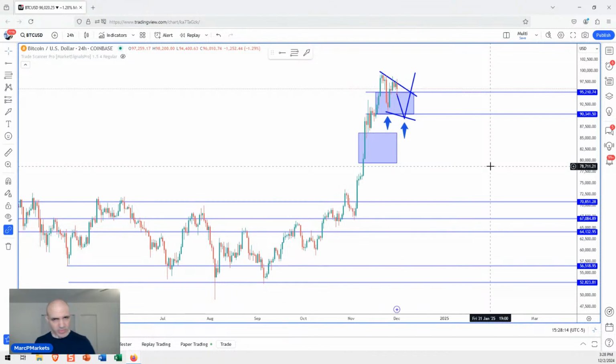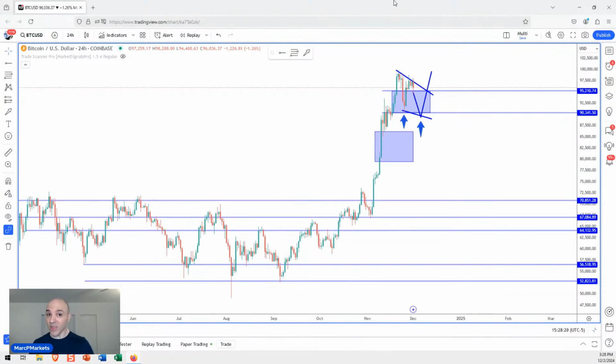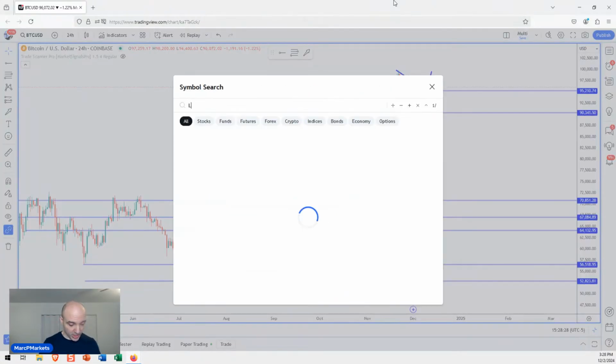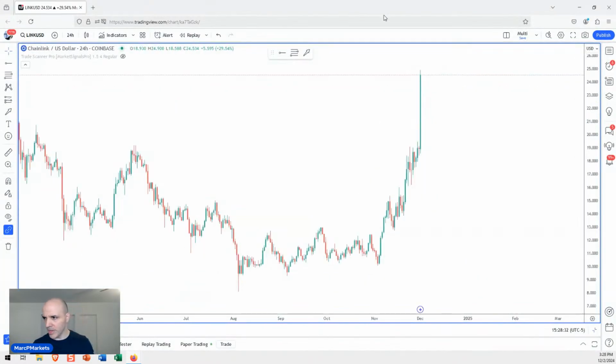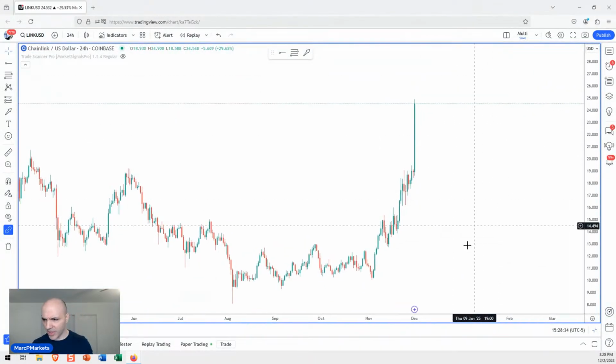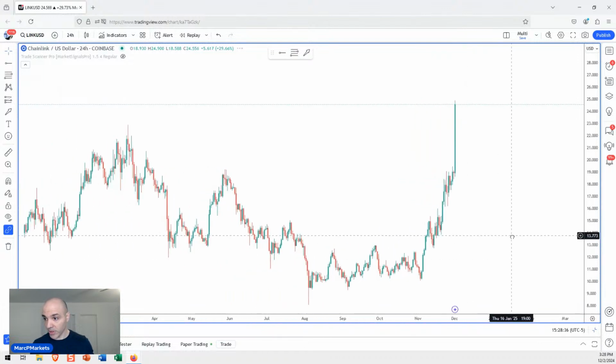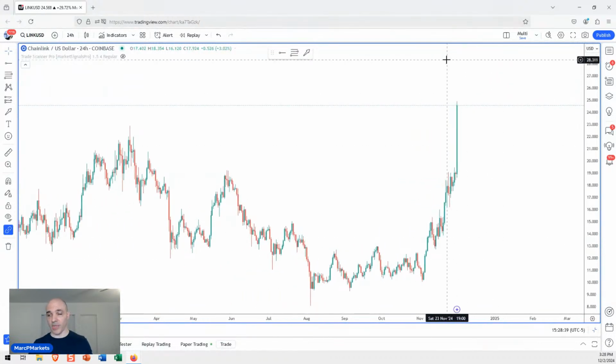Now, right now, I've seen a lot of talk about altcoin season and the money's pouring into altcoins. I was looking at some of these altcoins. They look ridiculous. Let me pull up a couple here. They all pretty much look the same. Let's pull up something like Link. Look at this. This is Link on the daily, and it's vertical. And so people think, oh, this is altcoin season, I'm going to get rich. That's what they're all thinking to themselves, because that's what all these YouTube videos are telling them.